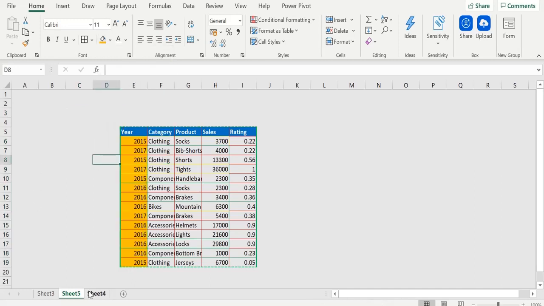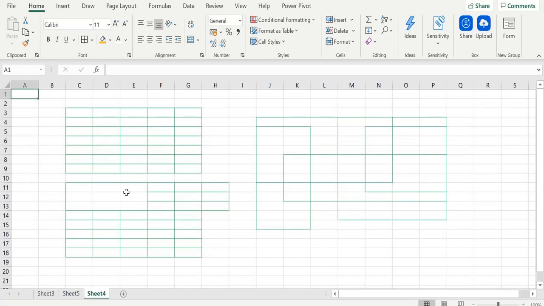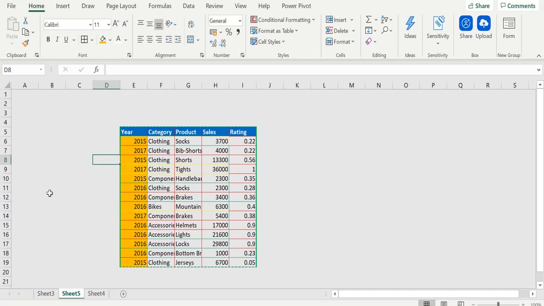The difference is that in this sheet you can see it is showing the grid of the columns, but in this sheet, because we have filled it with gray color, the border color of the bottom sheet has gone, and only your table is coming with a visible color, whatever formatting you have given to that particular table. So this is how you can make your Excel worksheet look and feel far better when it comes to color combinations of the sheet as well as your tables.